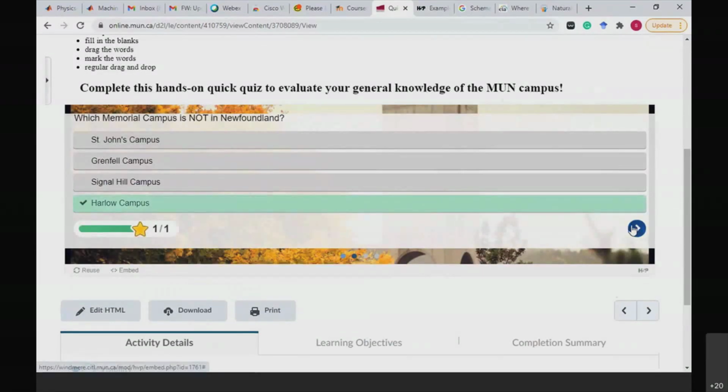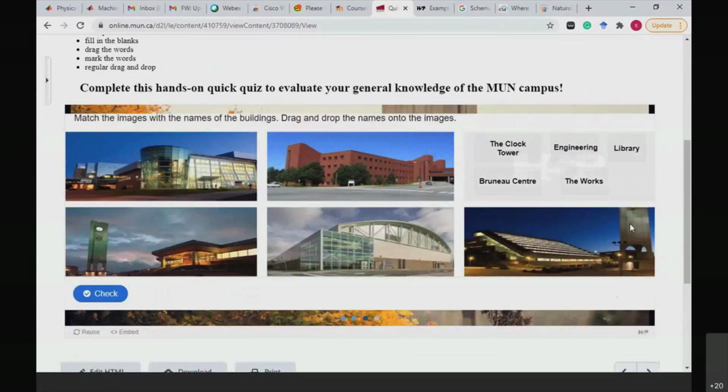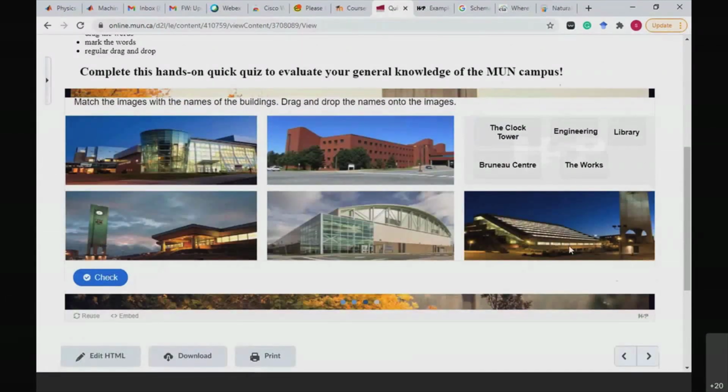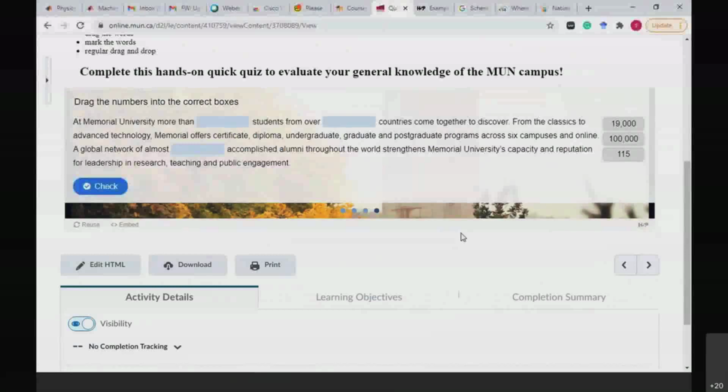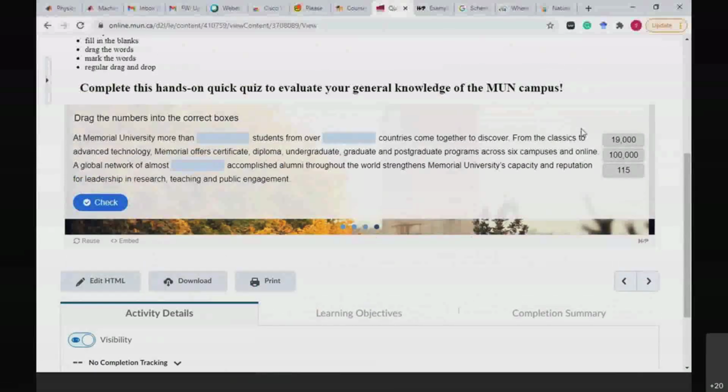And question number 3 is the drag and drop. In your course, you can have your own pictures, but in this one, I just wanted to make it simple for this event. For the drag and drop, you simply drag the name of the building or anything, and then check that. And the last question would be dragging the numbers. In my case it's numbers, but it can be dragging words to the right